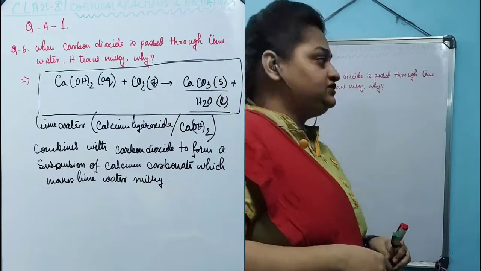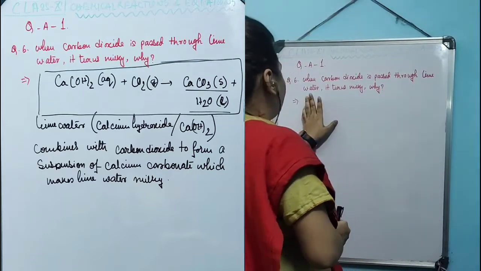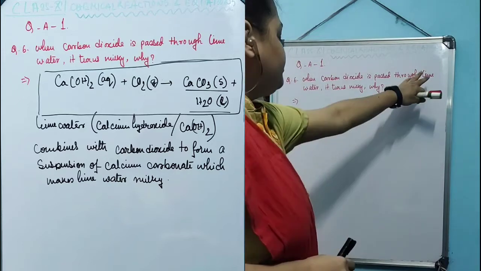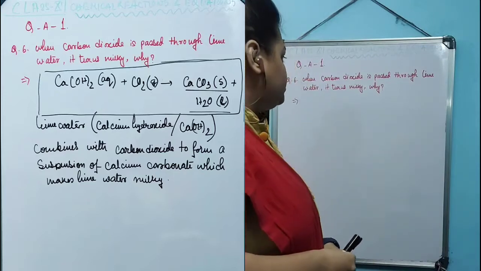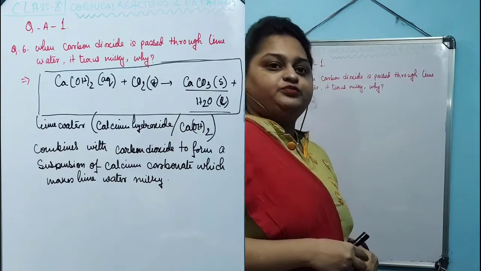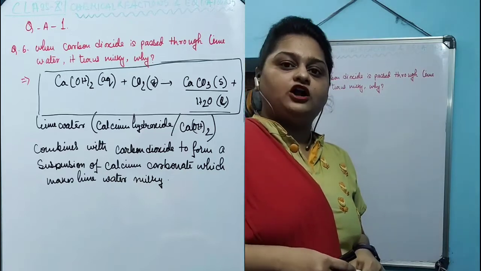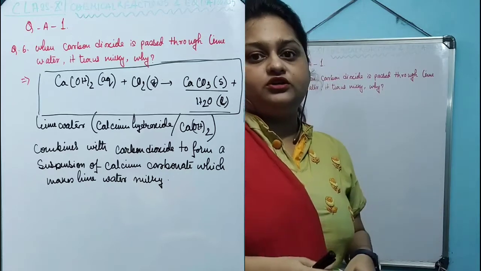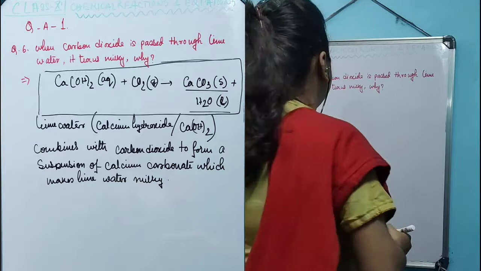Question number 6 is saying that when carbon dioxide is passed through lime water, it turns milky. Why? Lime water is nothing but calcium hydroxide solution. When it reacts with carbon dioxide, it produces calcium carbonate, a suspension of calcium carbonate in the water, which makes the entire water milky. The chemical reaction for this particular reaction is